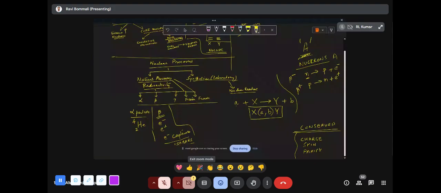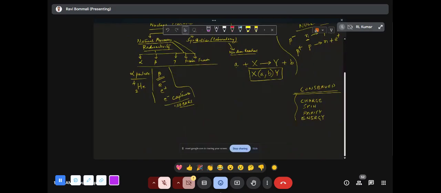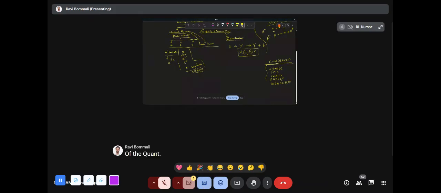So conservation of energy and conservation of momentum in mechanical systems, you are very much aware. Similarly, here also in the nuclear regime, energy has to be conserved. Momentum also has to be conserved. When I say momentum, naturally it includes angular momentum and linear momentum also. These are some of the quantities that need to be conserved in nuclear processes.